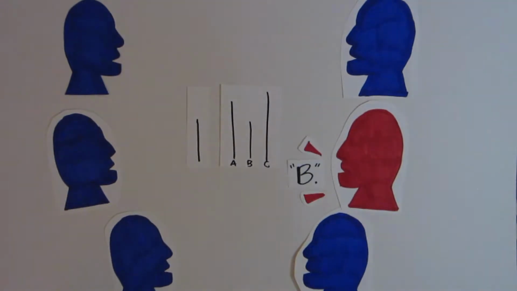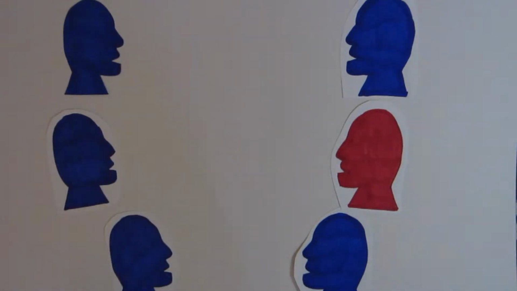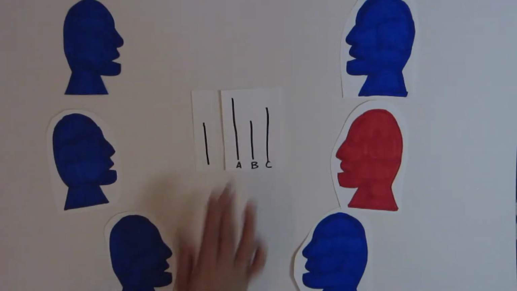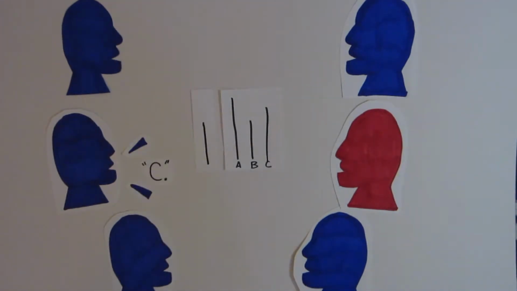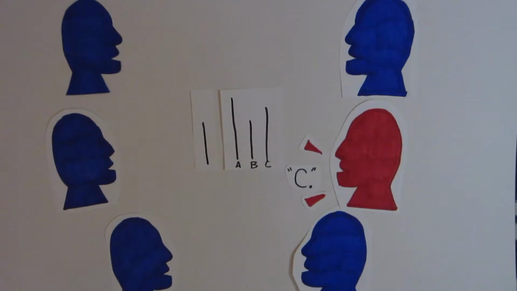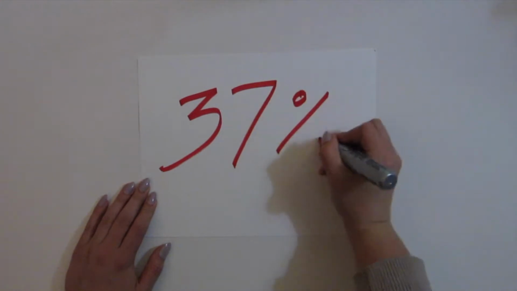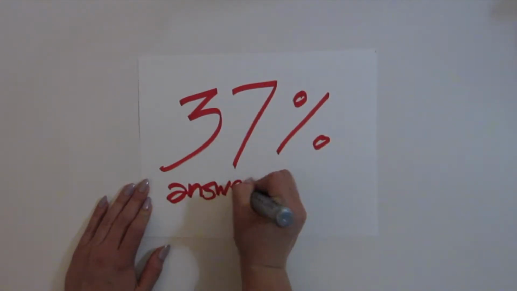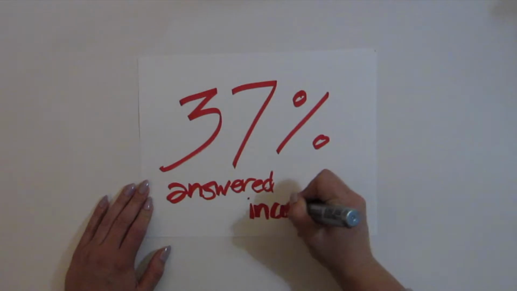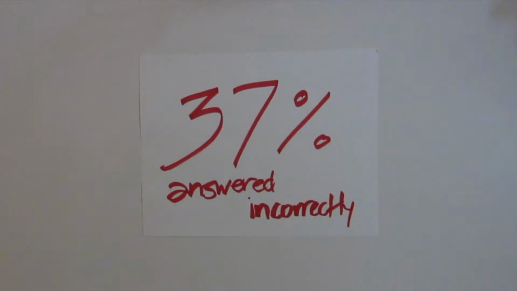The first 2 rounds of the experiment were normal, with the actors answering correctly. However, on the 3rd round, the actors were told to purposefully answer incorrectly. This was greatly confusing to the test subject, but they would often go along with the rest of the group to avoid making waves. Ash saw that 37% of test subjects would go along with the rest of the group in answering incorrectly. This could be explained several ways, but Ash thought the pressure to fit in overrode the test subject's will to answer correctly.